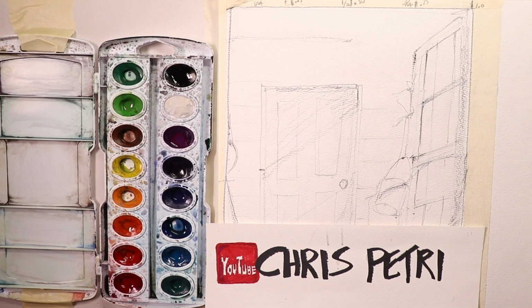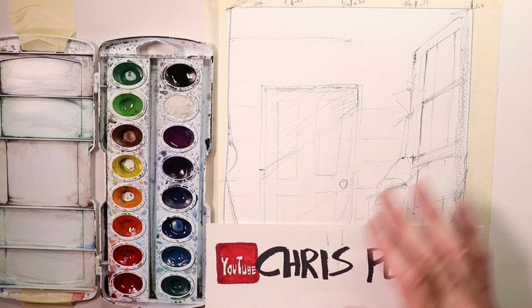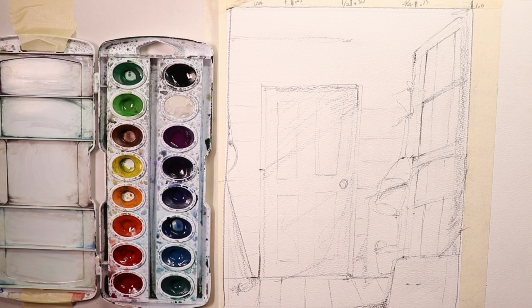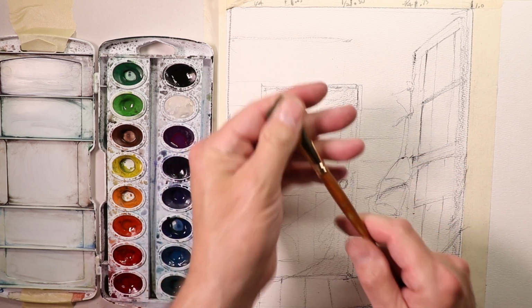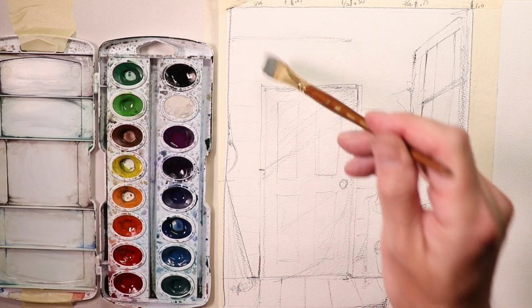All right, we're getting started again, and now we're going to start putting in our washes. This is going to be a glazing technique style painting, so we're going to actually do a beautiful underwash here, a first glazing, a very, very light color, and you're going to see how we're going to do this. So I'm going to take this, we have a very simple Princeton and Brush Company flat brush, square brush. It's a 5/8 inch flat brush,